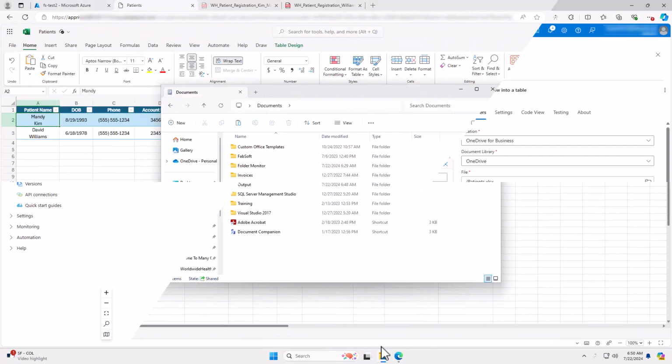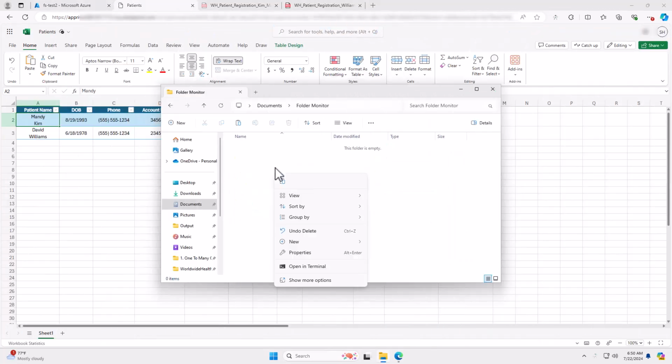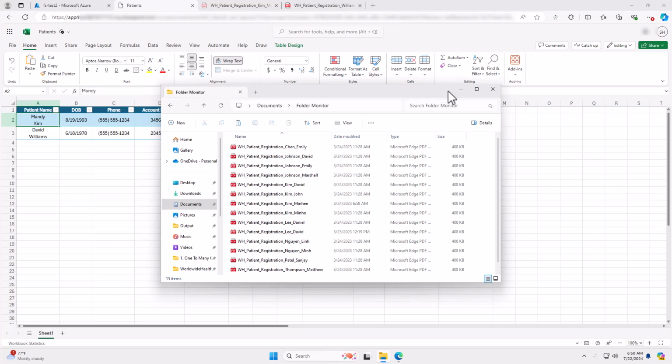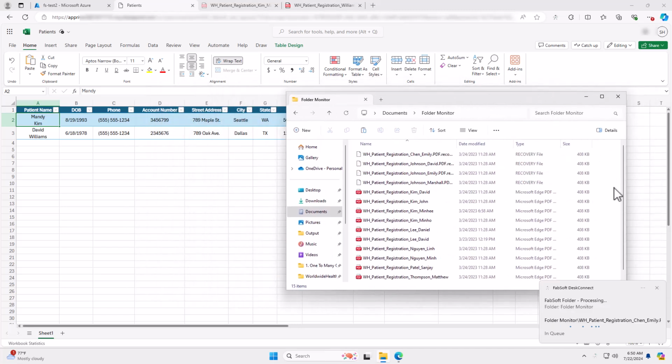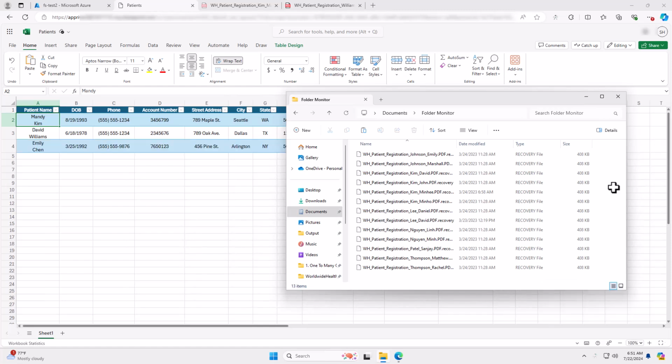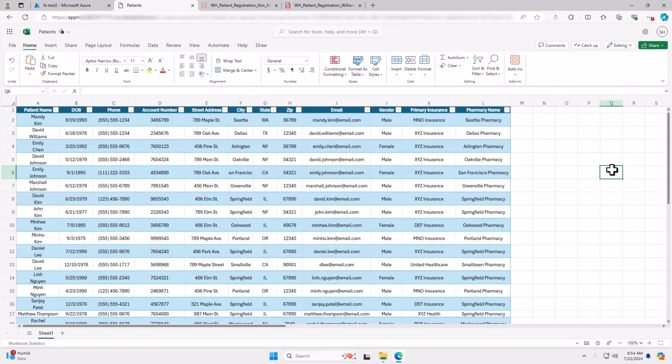Now that my workflow configuration is finished, I can process numerous documents at once by placing them into a monitored folder. This process is straightforward and supports continuous data uploading. Once the data is imported into the Excel table, we can easily run analyses and gain insights that would have